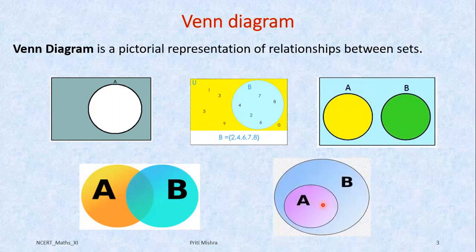Now in this picture you can see if one set is a subset of another one, means if all the elements of a set are existing in another set completely, then the bigger set, means superset, will contain this set within it. So this kind of representation you can have for two sets where one is a subset of the other one, right? So this is a Venn diagram for such type of sets.